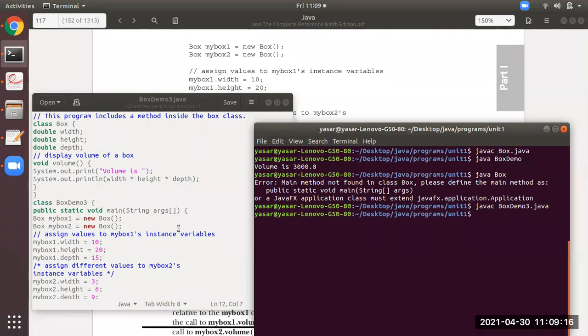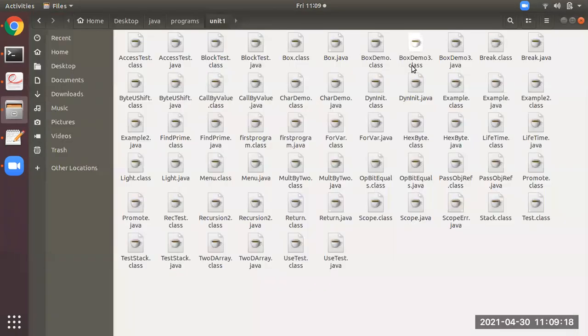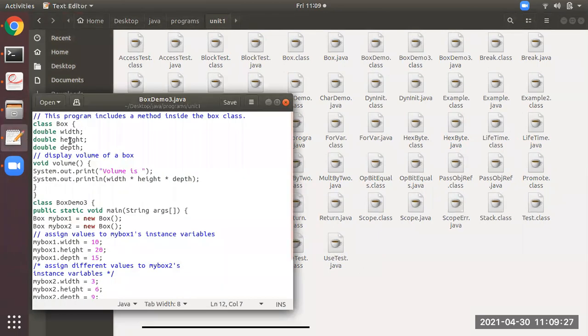Now you can see in the background, after I compiled, it has generated class files. There are two class files. In this program, how many classes are there? There are two classes, class box and demo3. This is the demo3, this is the class box.